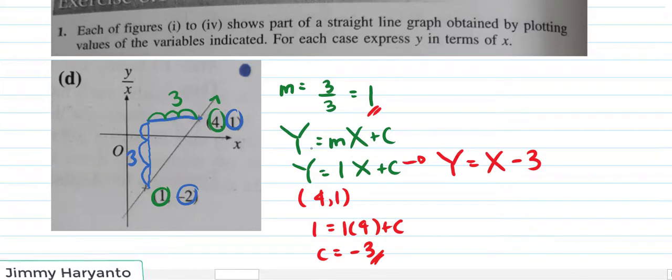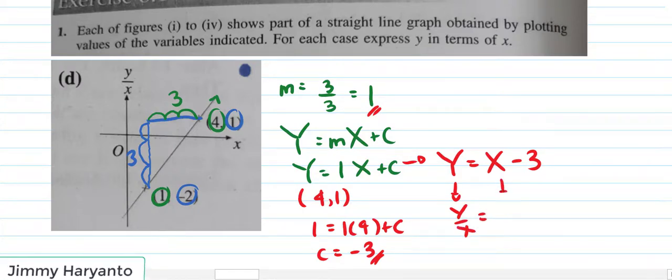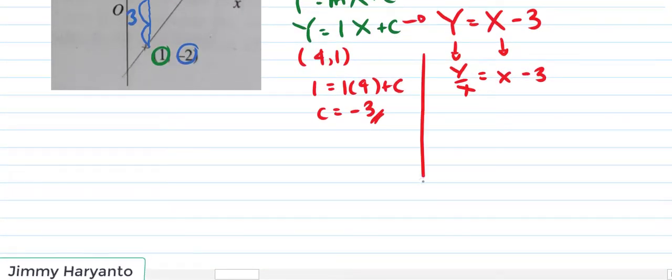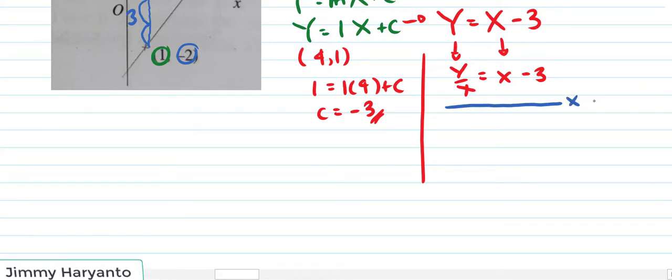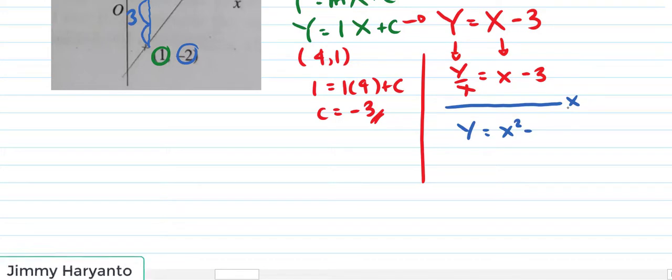Yeah, and then we have to change the y into y over x equals, we have to change the x into x only, minus 3. And then I have to make it y equals. So how do I make the y over x into only y? Times it by x. It will be y over x times x, cross out the x, and then x times x, x squared, minus 3 times x, 3x. There you go, that is 1D. Still easy.